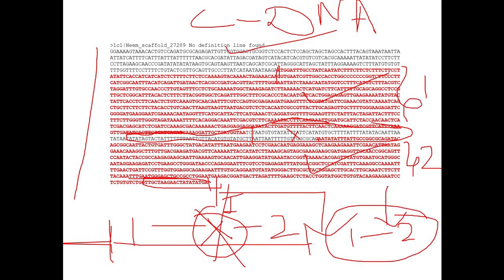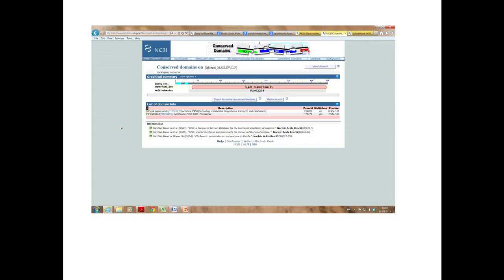Okay, understand? So this is your NCBI. You can also search for conserved domains and see the conserved domain in that particular segment. So NCBI is much more important. On NCBI you can do anything. You can do a lot on NCBI, everything, because NCBI is a tool that teaches you a lot.